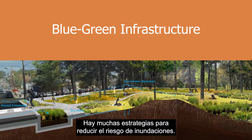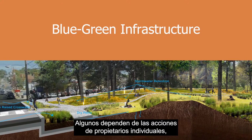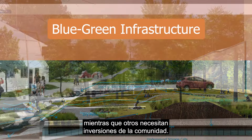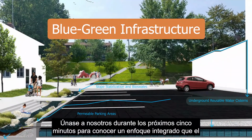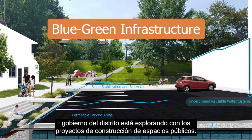Welcome. There are many strategies to reduce flood risk. Some rely on the actions of individual property owners, while others require community-level investments. Join us for the next 5 minutes to learn about an integrated approach the district government is exploring with public